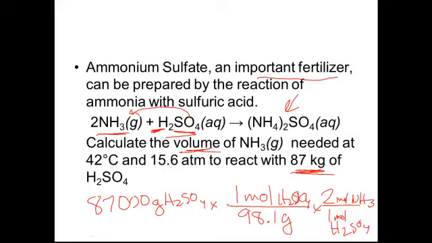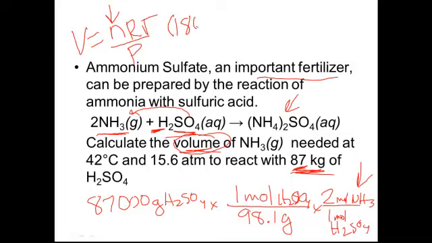Now at this point, we could get grams of NH3. We could use the molar mass and get grams. But remember, we're trying to find the volume, and we know that volume of a gas is equal to nRT over P, and that n is moles. So really, we can stop right here. We can say 87,000 divided by 98.1 times 2 is equal to 1,773. Looks like we've only got 2 significant figures here, so we're going to round that to 1,800